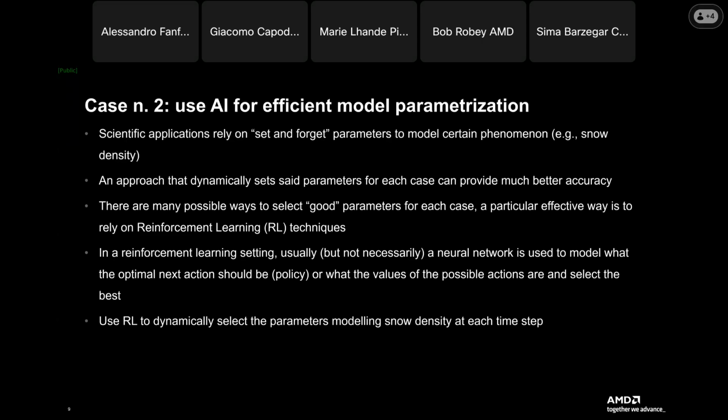A better approach is that you can dynamically set these parameters for each case, and this can provide better accuracy. And you can dynamically set it in various ways, but my favorite way is to use a reinforcement learning technique. In a reinforcement learning setting, usually, but not necessarily, a neural network is used to model what the optimal next action should be. So the policy, it's called, or the values of the possible actions that you have available,